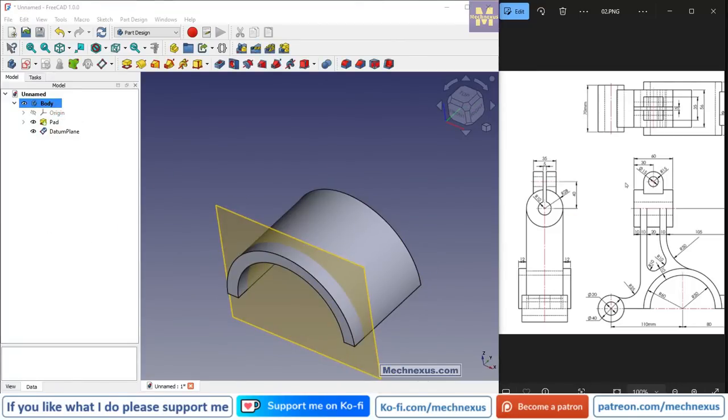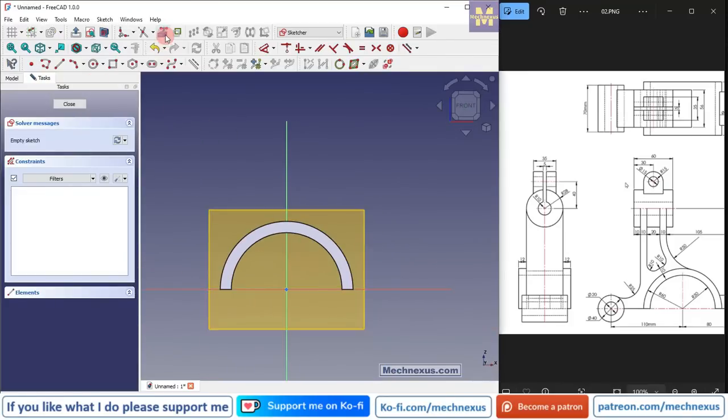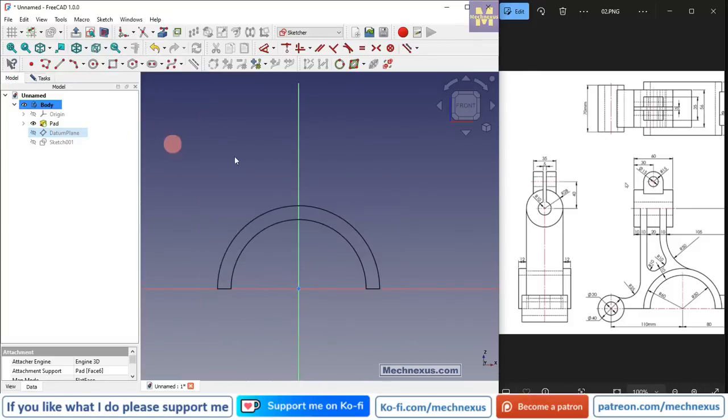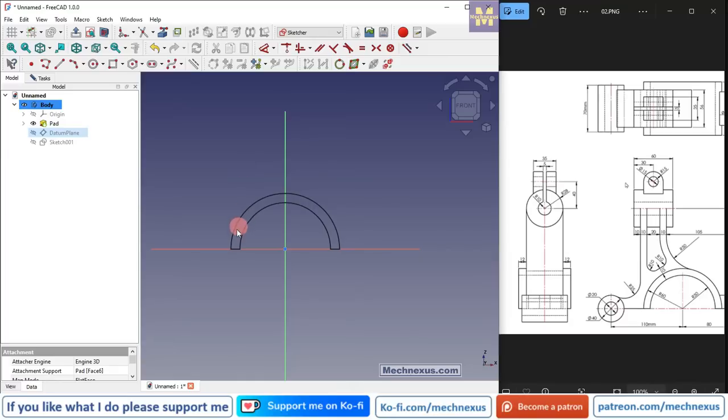Now we will create our sketch on this datum plane, so we will select it and click on the sketch, and from here we will switch to the wireframe view, and let's hide this datum plane. The first thing we will do is to project that outer radius. Click on project,